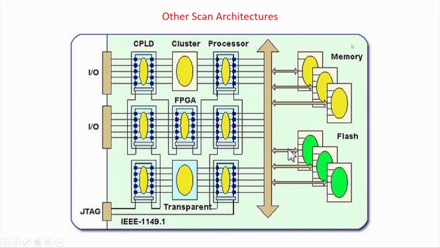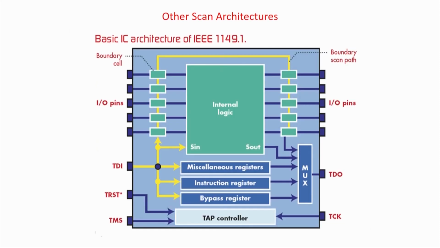Say, for example, there is a big circuit board like the motherboard you have seen. Here you see so many processors and ICs. These pins I can control, this pin I can control, if this chip is separate as a block. But now say all the chips have been put on your motherboard and some faults develop later. How do you test it? You cannot take the chip out and test it. So there is the concept of boundary scan,